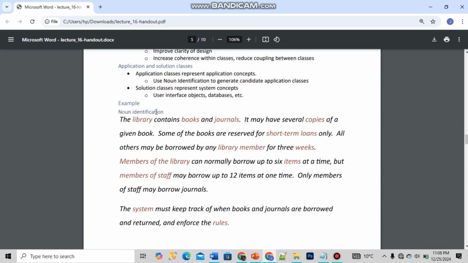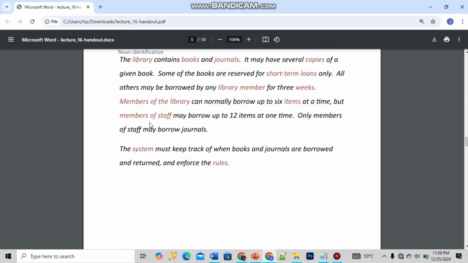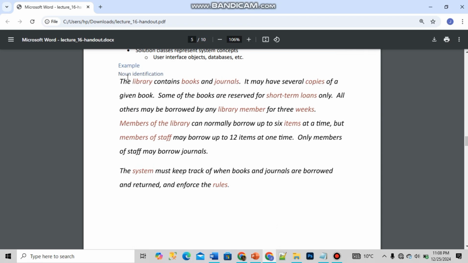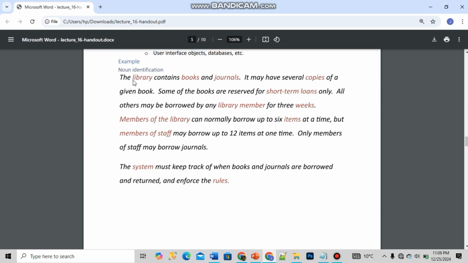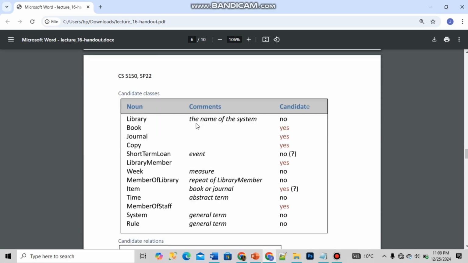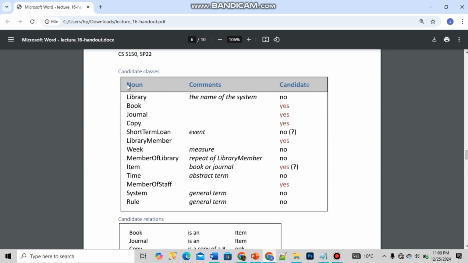Then this is an example you can see in the notes as well. This basically identifies the nouns from the specifications. Like here we have library, books, and journals, and much more. This shows whether they can be candidate classes or not. Like if you Google it,